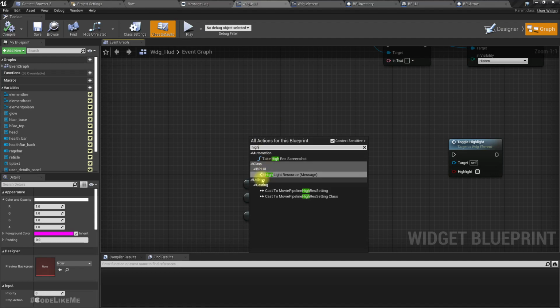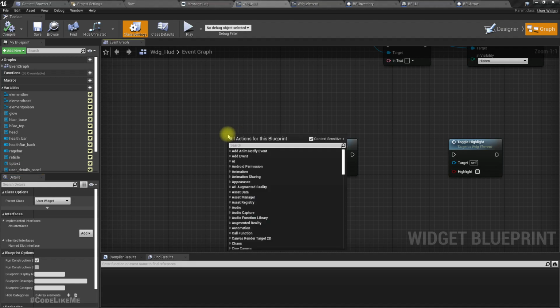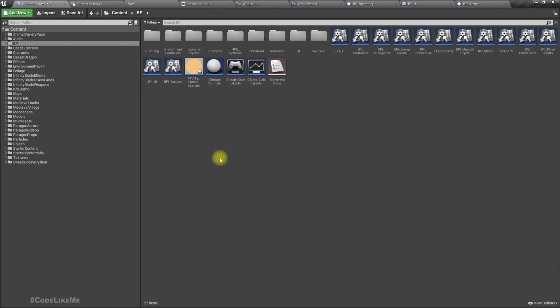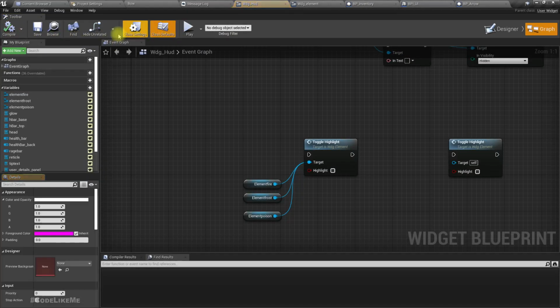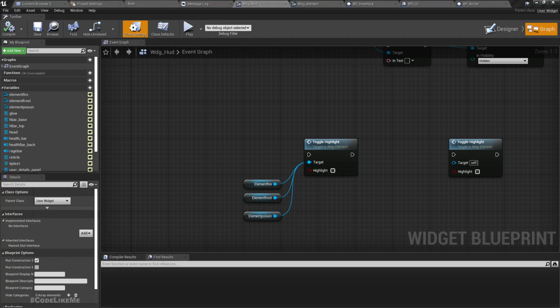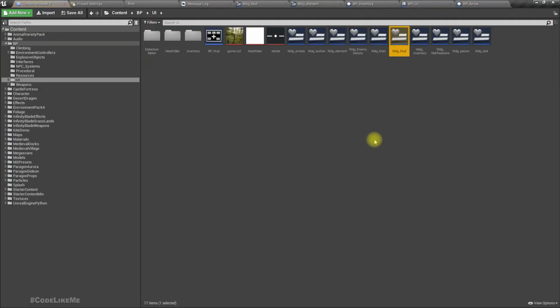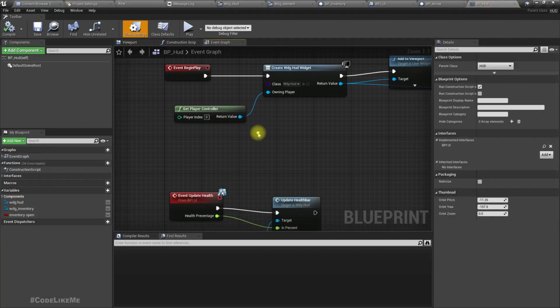Wait, don't I implement this BPI UI? Oh, I don't. Why? Right. I think I use BPI UI in the HUD. No. Okay, it started raining heavily outside, but I hope the noise shouldn't bother you. Yeah, so I have implemented the BPI UI in the HUD here, BP HUD. See? Okay, now here I can implement